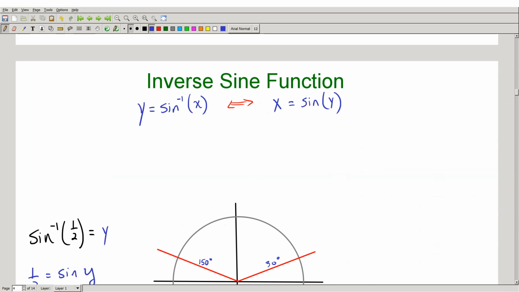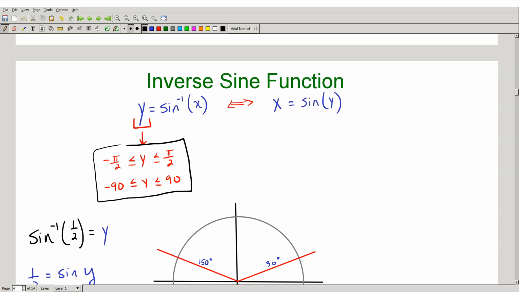So we say here, back to our definition, that the range, the y values right here, have to be restricted. So we say that y is going to be greater than or equal to negative pi over 2, or negative 90, and y is going to be less than or equal to positive pi over 2. If we wrote that with degrees, that would be like saying y is going to be greater than or equal to negative 90, and less than or equal to positive 90. So this is part of the definition of inverse sine here that we have to